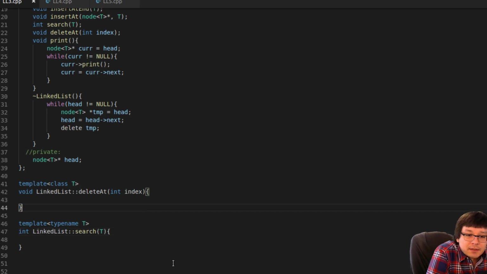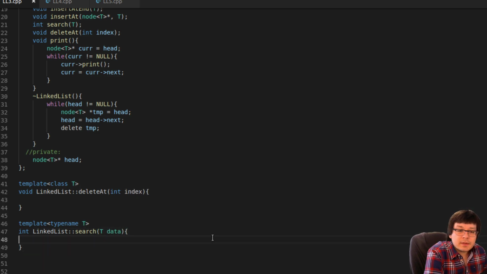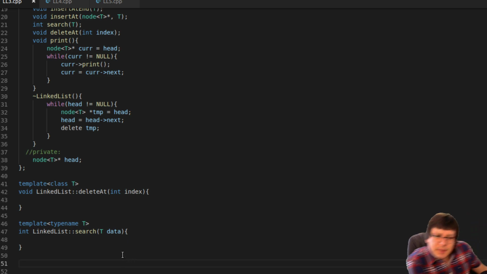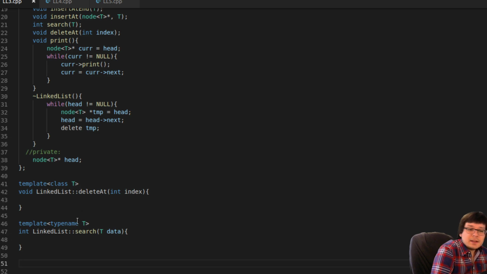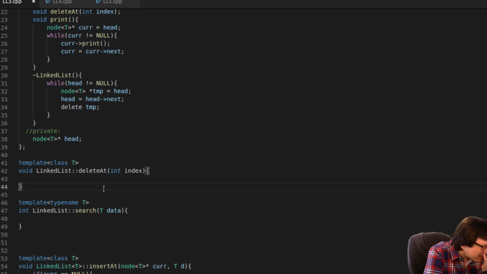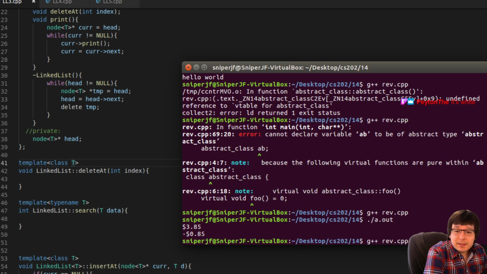Okay. So we got linked list, delete at, and int linked list search. I don't know why the colors are being like that. Ah, well, this needs data. Okay. Now the colors look okay. I mean, that's yellow or... I can't figure out if this is white or yellow. I think it's white for this one, but yellow for this one. So maybe... Let's just try to compile. It's white. Are both of them white?